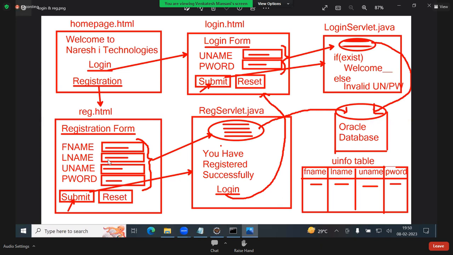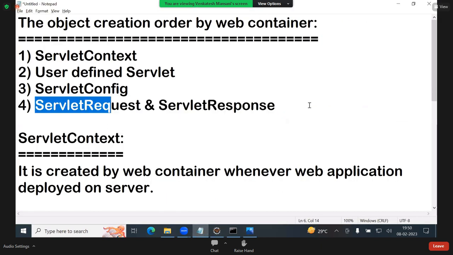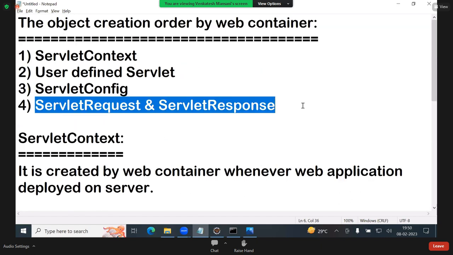Suppose Gmail, Facebook and WhatsApp are there, with crores of users. Then crores of requests are created. Every user's request is created here. Now my question,